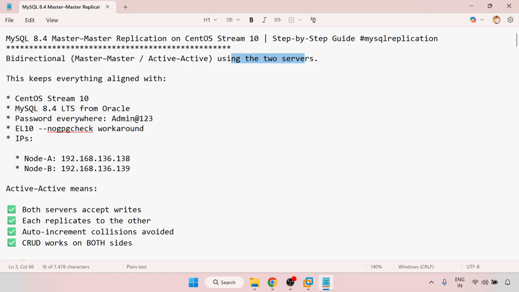So we'll keep everything aligned with the CentOS Stream 10. MySQL 8.4 from Oracle we'll download, and for the password everywhere we are using capital A admin @123, and for Enterprise Linux 10 we are using the GPG key. Okay. So the IPs we have: for node 1 it is 192.168.136.138, and the second server is